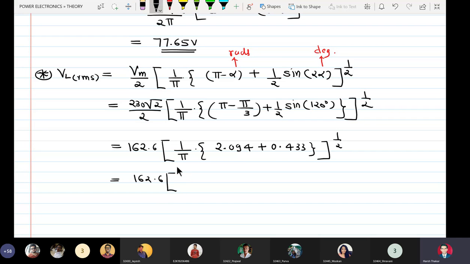It will be 2.094 plus 0.433, 2.527, 2.527 upon pi under root